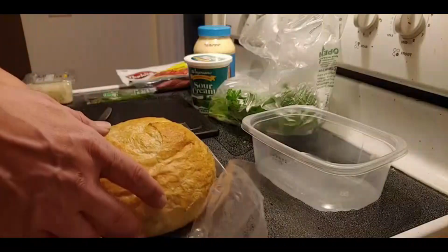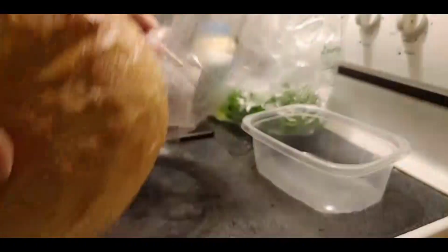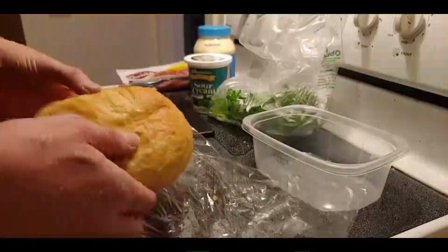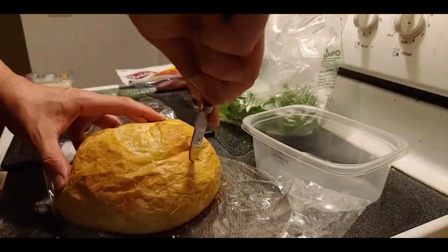I'm gonna make a rye boat dip. Actually, this isn't rye. This is garlic Texas bread. So get any piece of bread like this, and that will be excellent. And what you have to do is